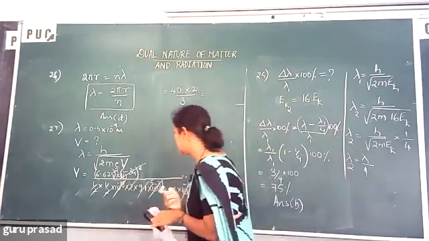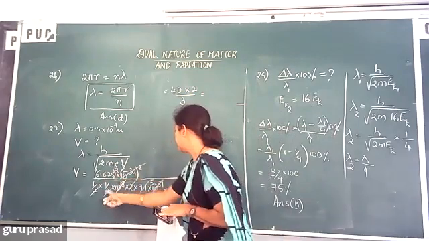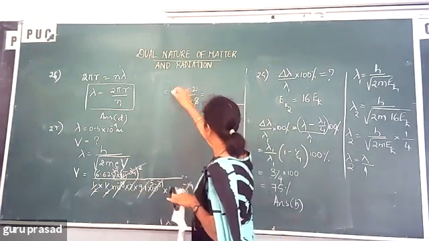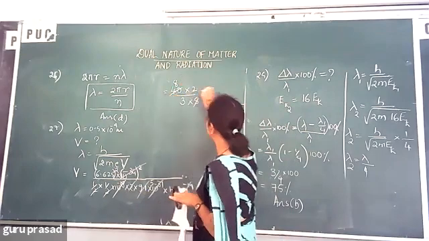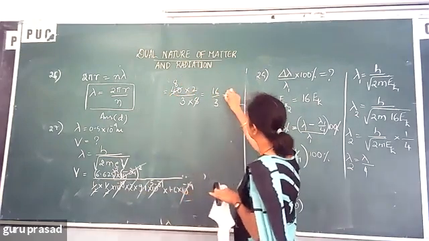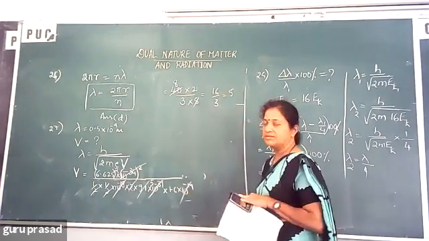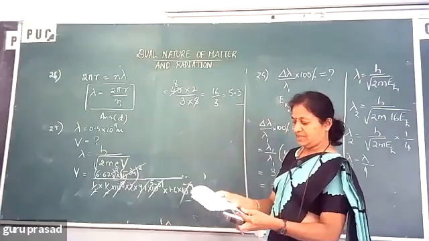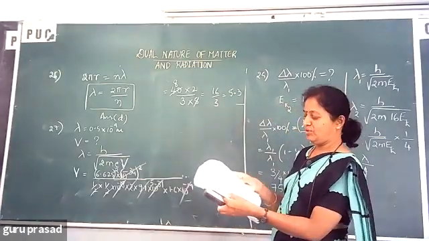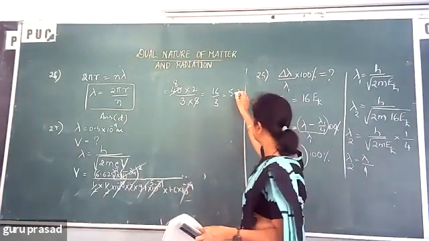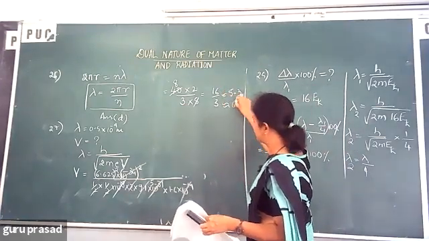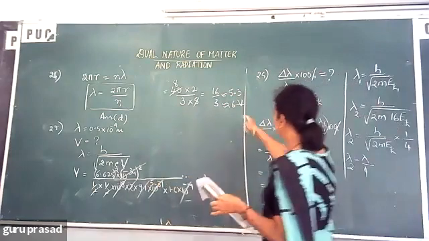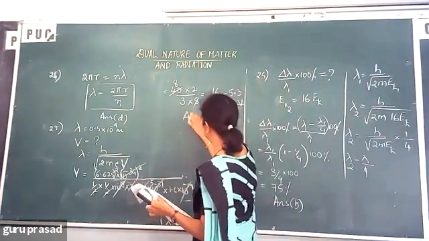So what is left? 40. 2 cancels. This 5 is there here. 5 how many times? 8 times. 16 by 3 you have. So 3 5s are 15. 5.3 roughly. Almost a little more than that. You can write it as almost 6 volt, because I roughly calculated it. So somewhere around 6 volt. So answer A.